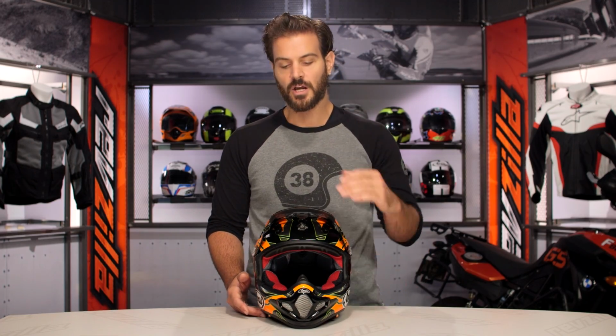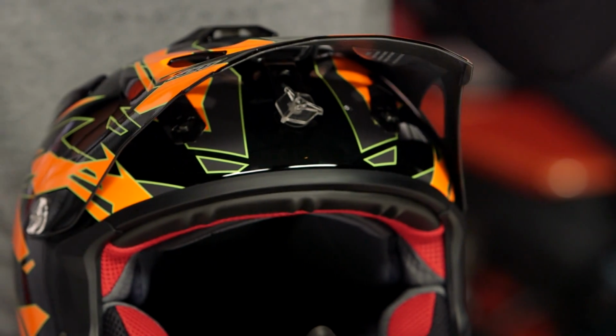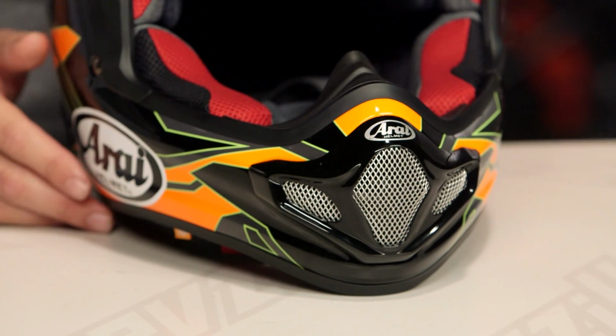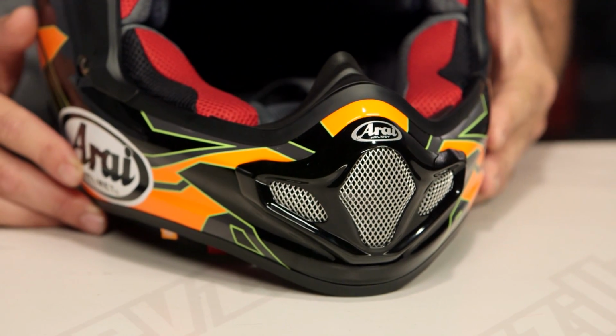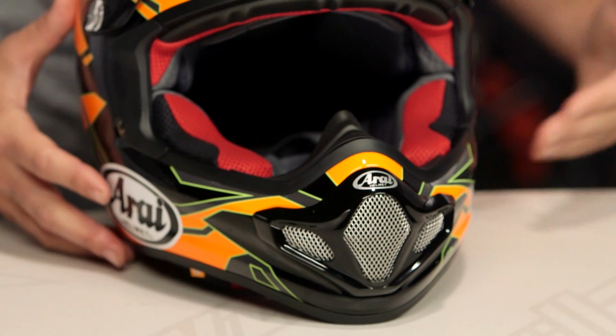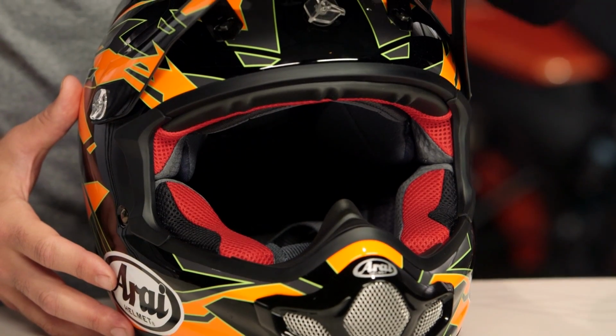Some of the upgrades that we've seen to the Pro 4 over the Pro 3: a longer peak visor up front. They've re-sculpted the cheek pads for better support underneath your chin, and they've now mounted the screen for the front vent externally to give riders more room in the chin bar. If you want all the down and dirty facts on the VX Pro 4, make sure to watch our detailed breakdown video where we go into the nitty-gritty and talk about all the different changes that have been made over the Pro 3 and what you can really expect putting money down on a very premium lid